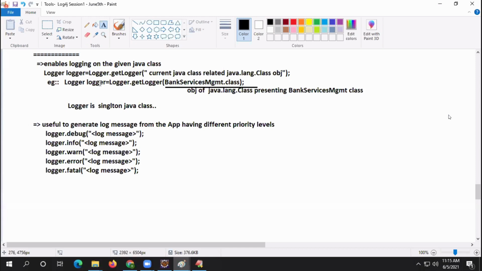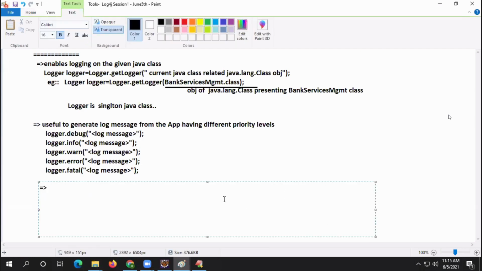So what is the advantage? All 10 classes' log messages will go to a single file, and will be retrieved according to the logger level that we are filtering. Because in all 10 classes together, only one object is created for the Logger class. So a single logger level filters the log messages, with single log4j configurations like destination file, etc. I hope you are convinced, guys.